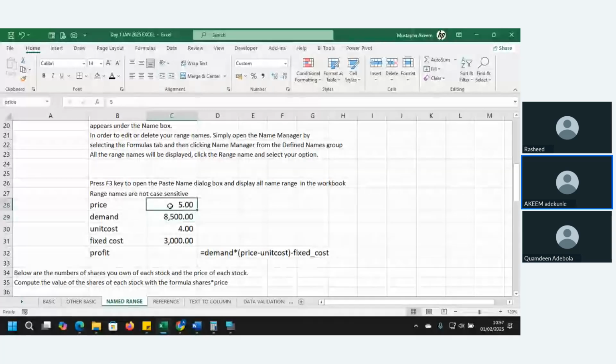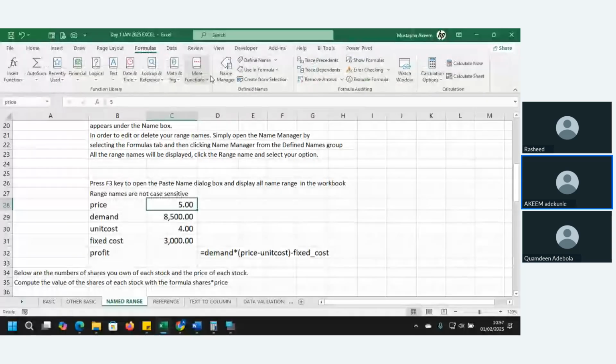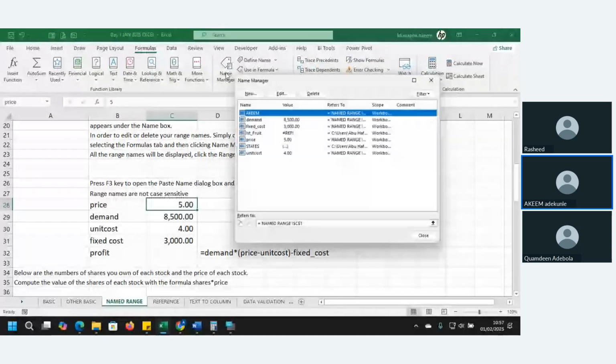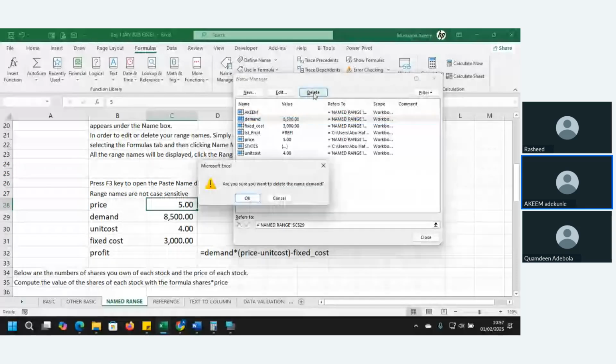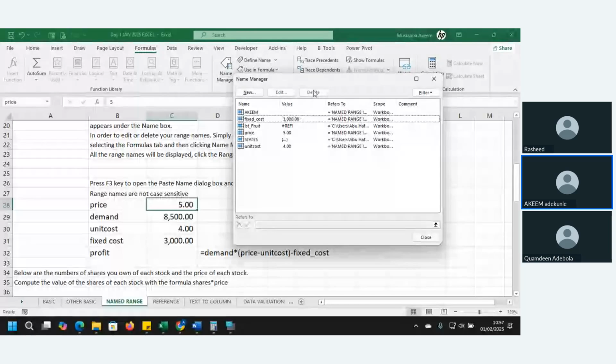That's okay. I select this cell. I've named this already. Let me quickly go to the formula tab, click on Name Manager and delete the names there. Please delete this name, Demand. Yes, Fixed cost. Delete them. Delete.